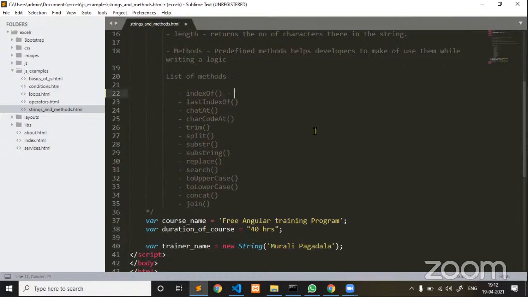So, indexOf. This indexOf method returns the first occurrence of a given character.